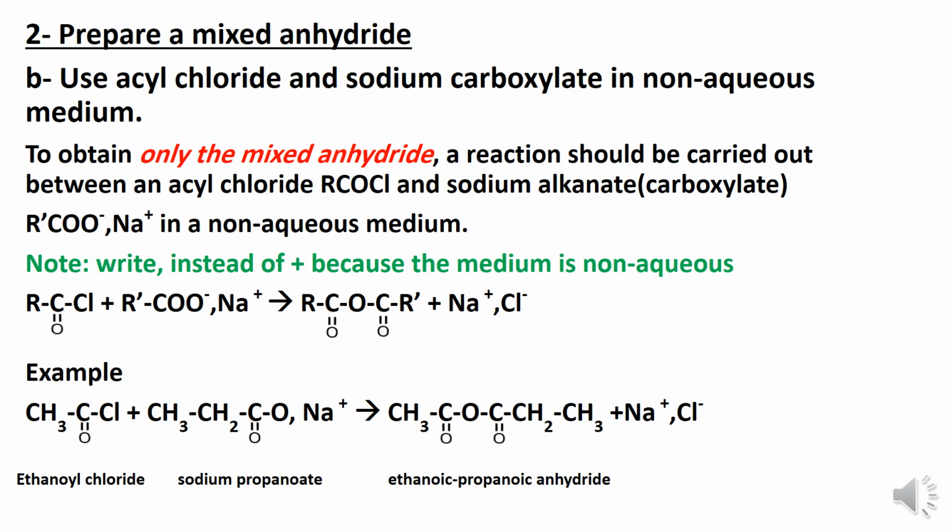So, to obtain only the mixed anhydride, a reaction should be carried out between an acyl chloride, which is the most reactive derivative of carboxylic acid, and sodium alkanate or carboxylate, which is R prime COO minus, comma, Na plus